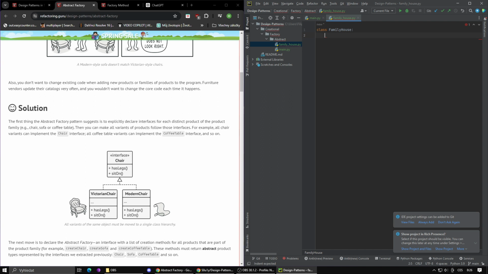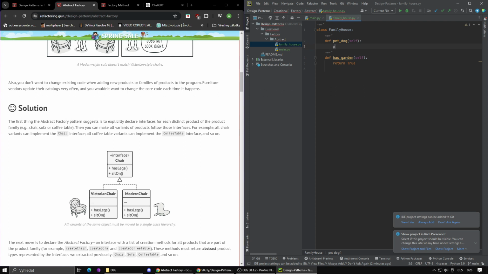Okay, so define as garden, return true, just make it like that, and define pet dog, and then we go like,